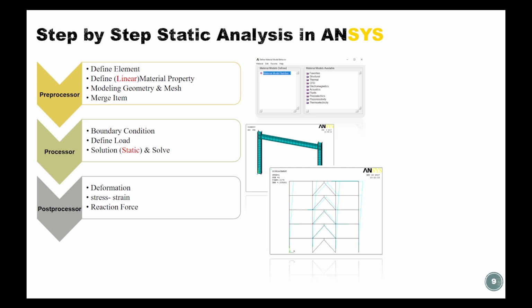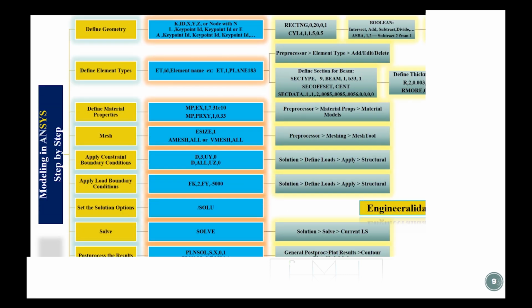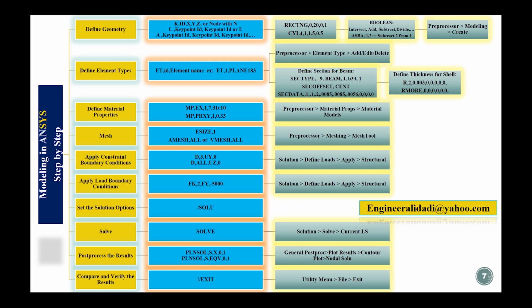The span length of this frame is 5 meters and the height is 3 meters. In this example, based on my purpose and to save time in the processor, I am using the same section for a beam and column with box subtype. In this frame, use fixed support at 2 points of the column base because the lateral bearing system is moment resistant